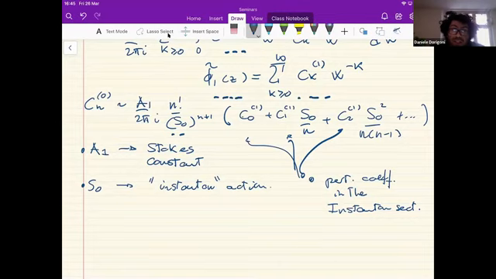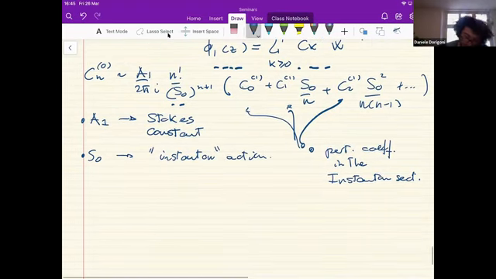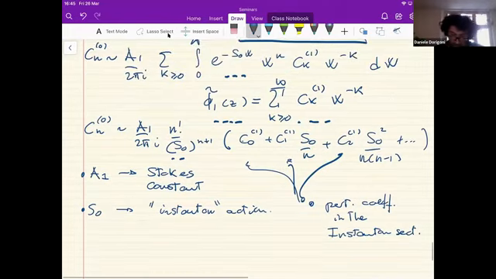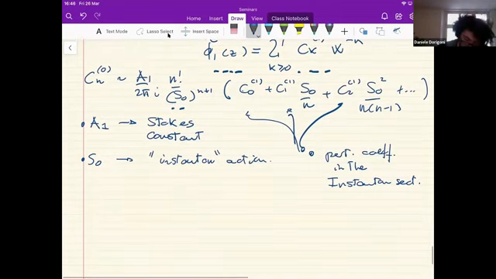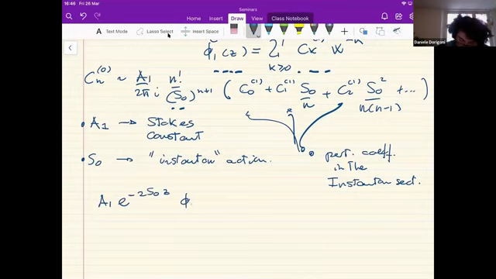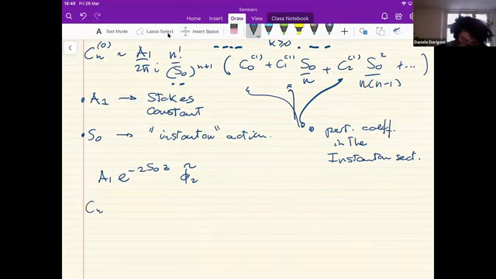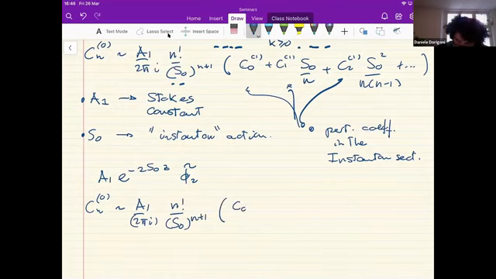So in general, given the precise form for the Stokes automorphism, you're gonna get, well, this is just one of the terms. As I said before, from the Stokes automorphism, I had this second term, and it's very simple to see the action of that term. So we're gonna have A1 e to the minus 2 S naught Z times the 2 instanton sector. What is it gonna give you? It's going to tell you that the perturbative coefficients have the one instanton part, the one that I just wrote. So let me just write two terms.